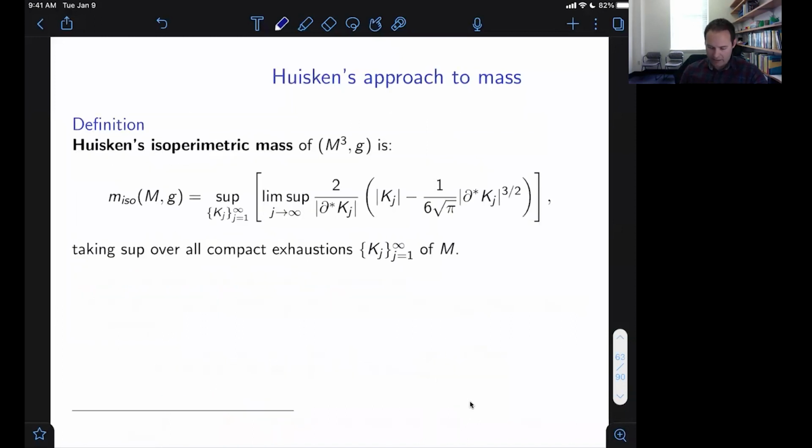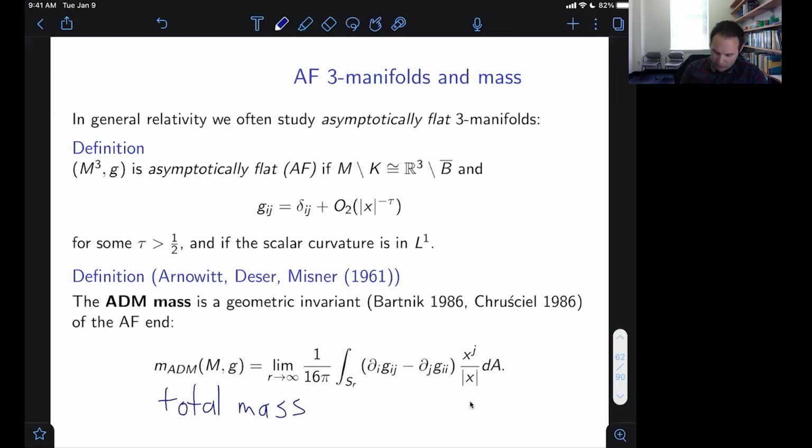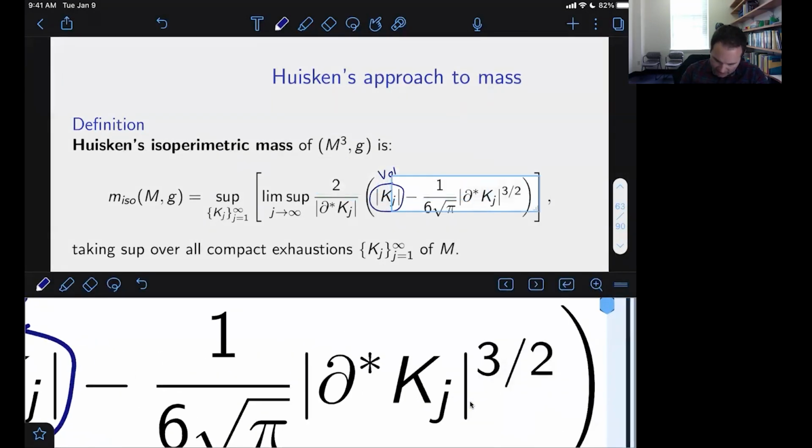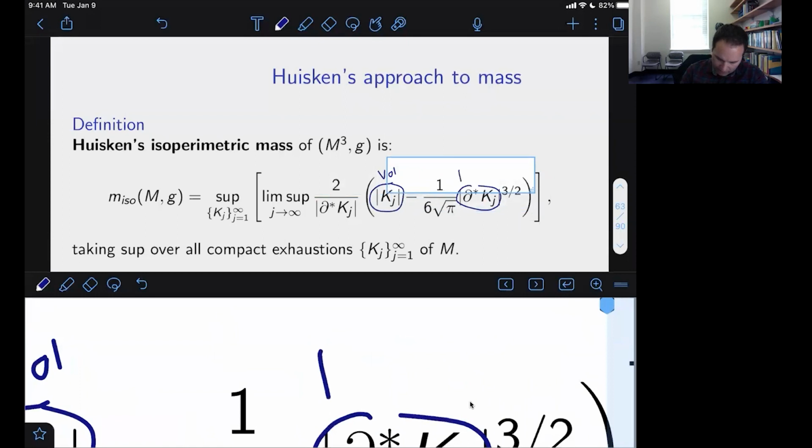There are a number of ways to understand mass. Just going back here, the definition relies on derivatives of the components of the metric tensor, so first derivatives. So as it's written, this is not a very good definition for dealing with low regularity spaces or low regularity convergence. So there's been some interest in trying to generalize this to spaces that are less smooth. The most well-known approach to this is Huisken's isoperimetric mass. This definition doesn't use the metric tensor explicitly. It just uses volume. That there is the volume of a compact set. This right here is the boundary area, or technically the perimeter.